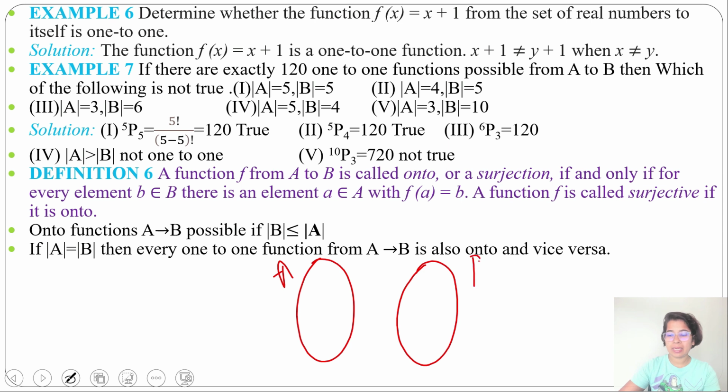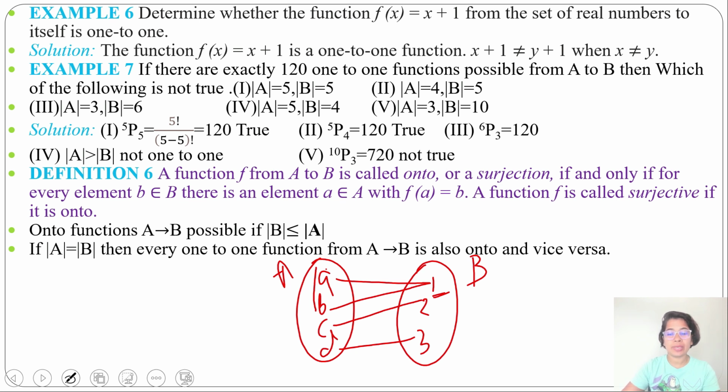Let this be set A, and this be set B. Here let A, B, C, D, and here 1, 2, 3. Let A map to 1, B map to 1, C map to 2, D map to 3. It's onto but not one-to-one, as for both A and B, the image is 1. F of A and F of B are both the same. So it's not one-to-one but it's onto, as all elements of set B are the image of some elements